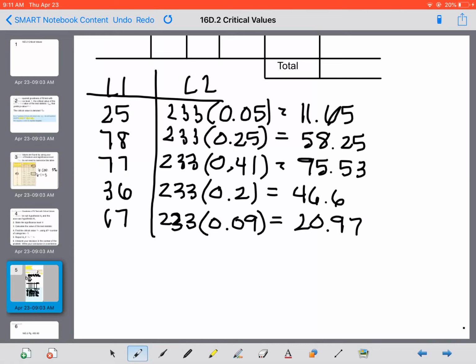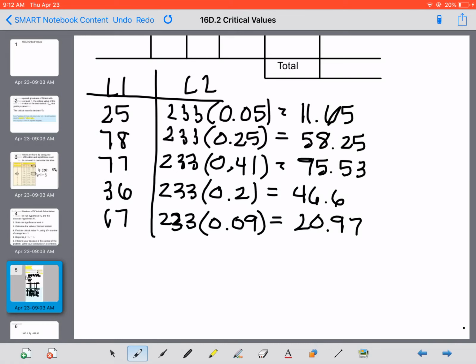If you go stat and hit enter, clear out L1 and L2. L1 should be 25, 78, 77, 36, and 17. And then L2 is 11.65, 58.25, 95.53, 46.6, and 20.97. So there are our observed and expected, and then we go to stat, scroll over to test,